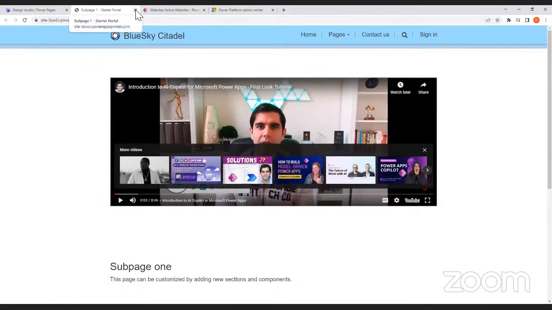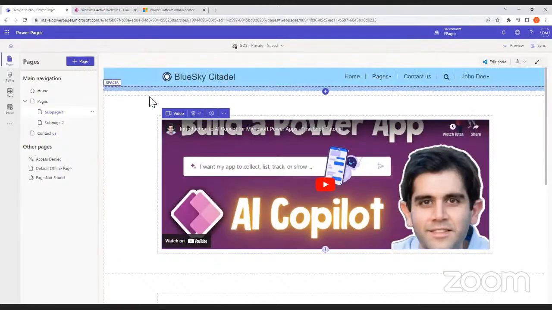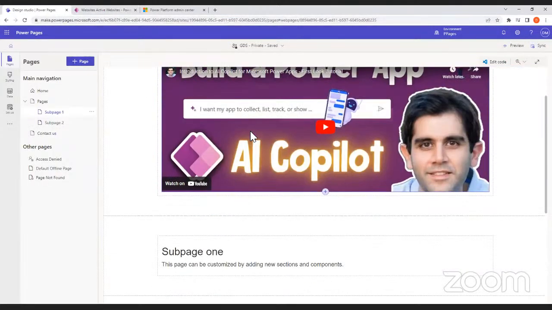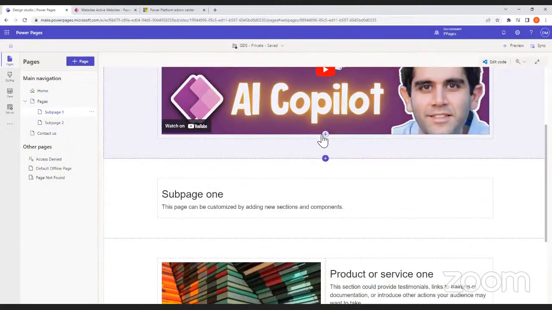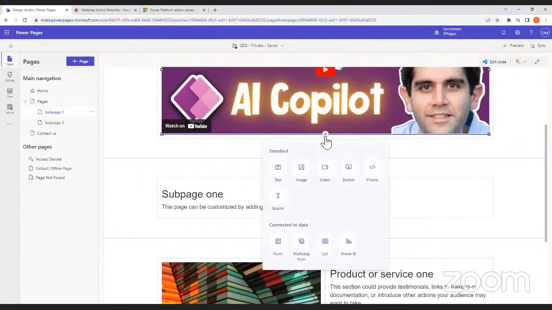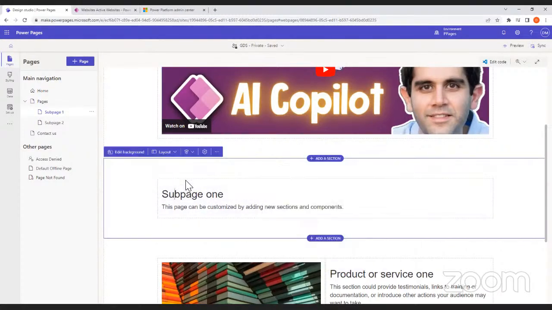without any issues. So there's quite a lot of things that you can do with Power Pages. And if you notice here, there are different things that I can embed, like images and so on and so forth. And if I go on to this particular section here, there's things that I can do as well